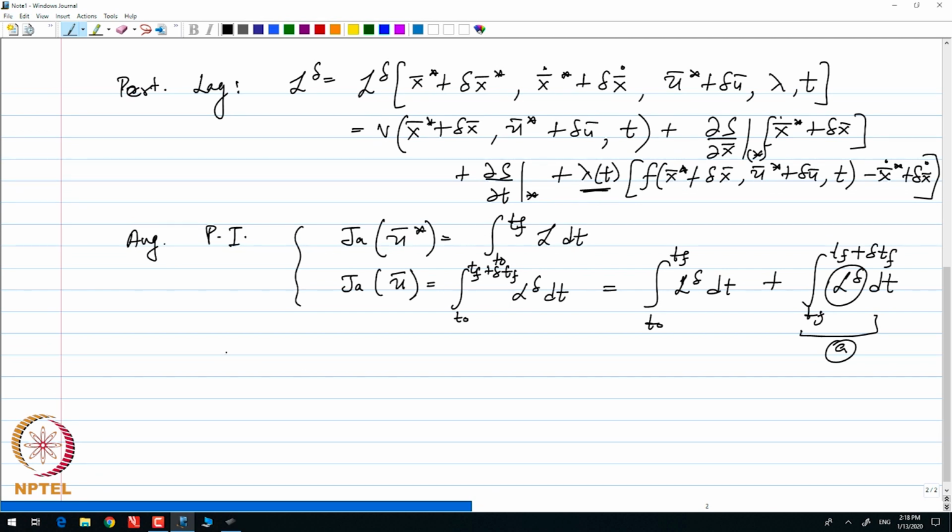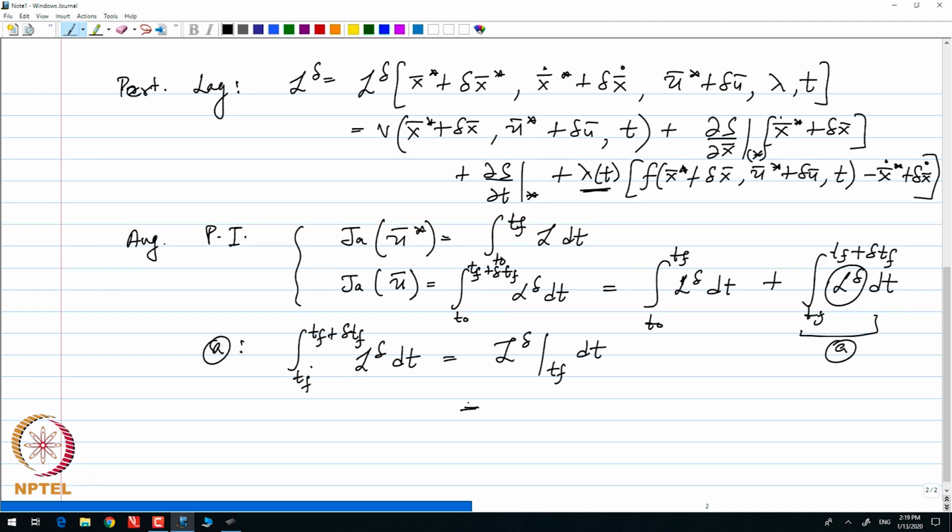So, what I have is the second integral becomes the integral from Tf to Tf plus delta Tf of L delta dt, and this is L delta at Tf dt. This is also equal to